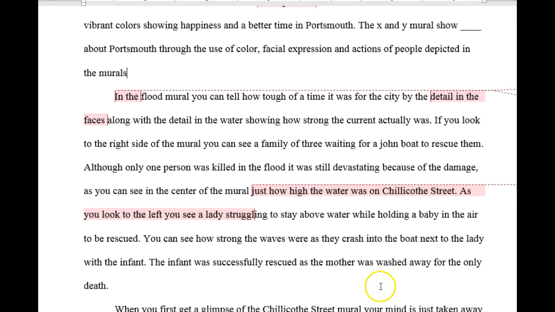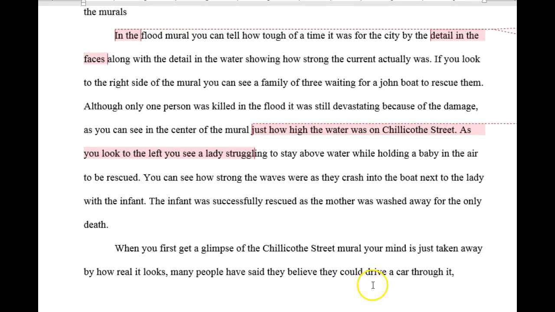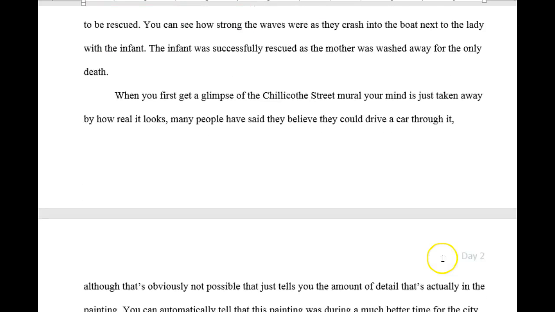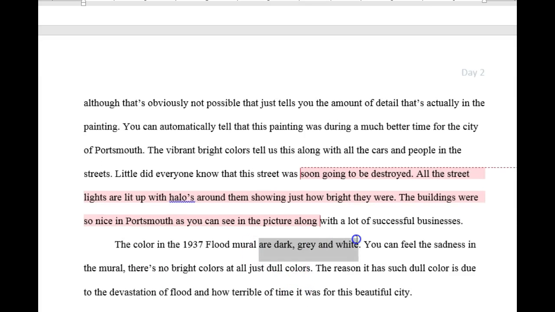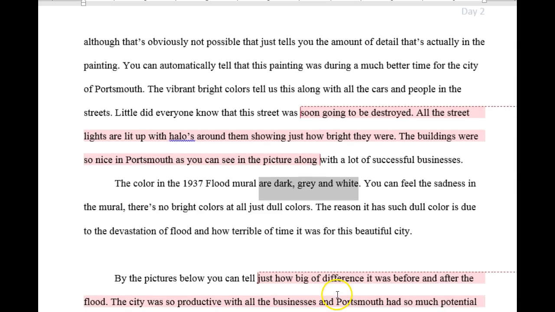I think there's places for even more detail, kind of get in there and talk about color, and talk about, you do a better job with facial expressions and that kind of stuff. But when you say the vibrant, bright colors, you need to get in there and describe them. Like, what are those bright colors that are being used there? Dark gray and white. Yeah, you're absolutely right. But there's shading that's used in different ways in that mural, and there's some parts of the mural that are lighter and darker than others. So there's things to talk about there.